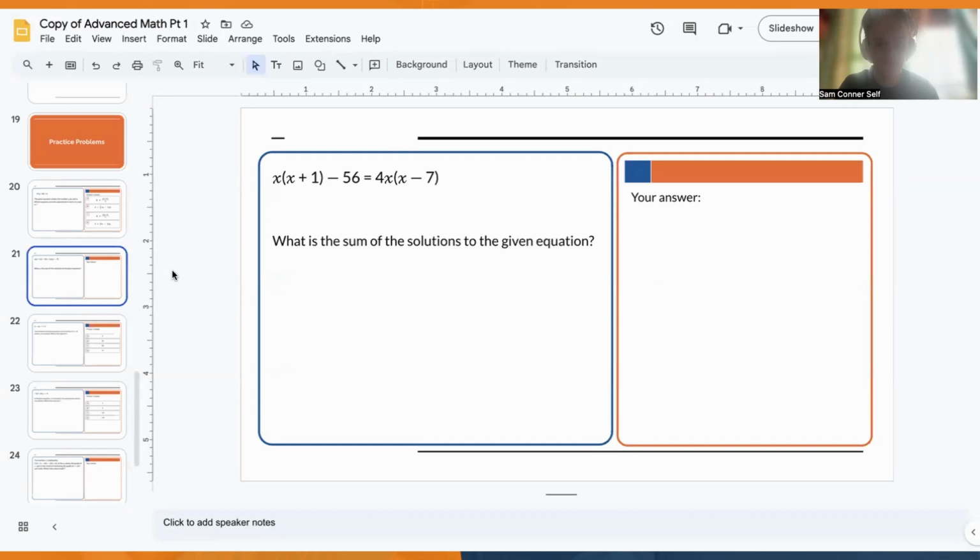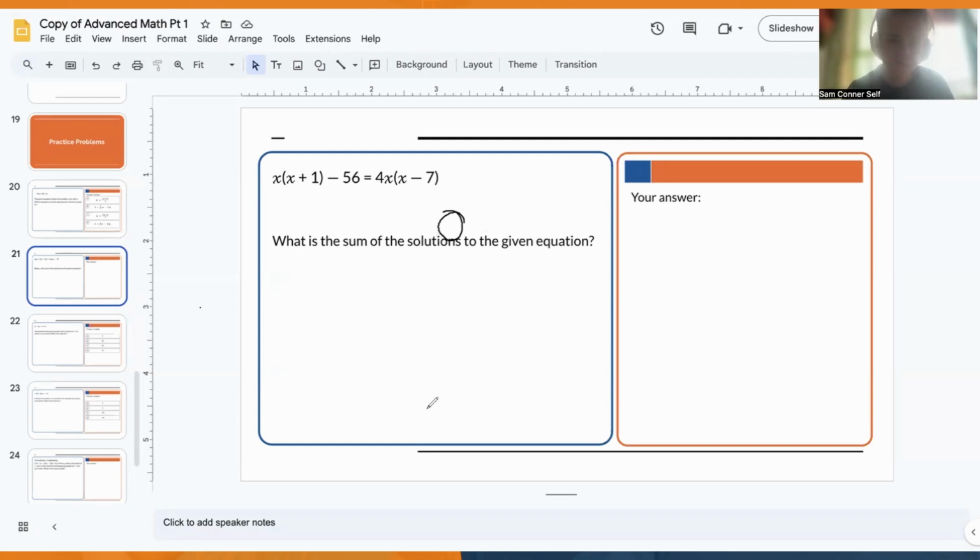All right, this one is a little bit more lengthy. So they're asking us to find the sum of the solutions to the given equation. So the first thing we want to do, remember, to solve any quadratic equation, we want to get one side of this equation to be 0. We want to set all these variable terms equal to 0. So to do that, we pick a side to move everything to,